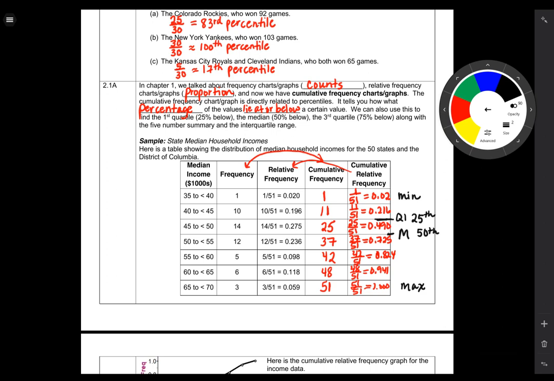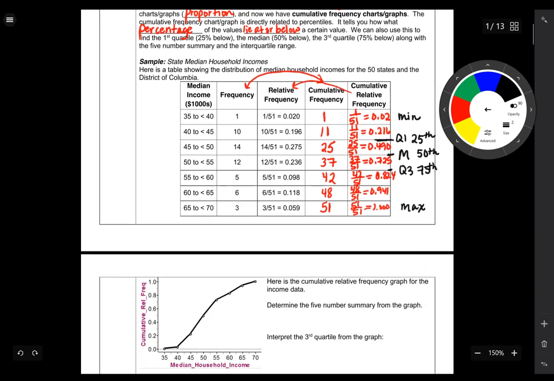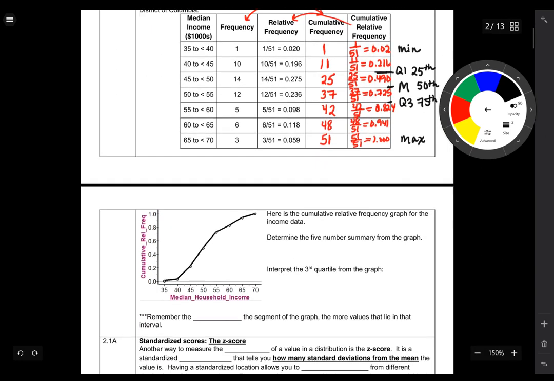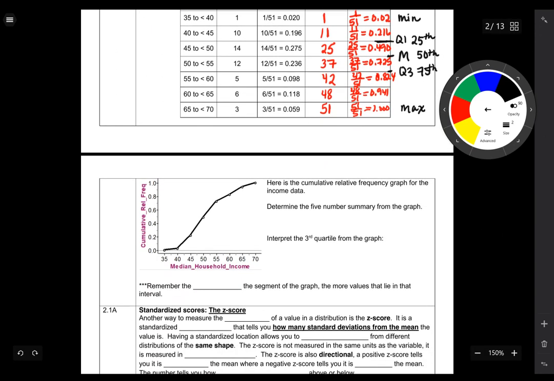Quartile. And then the 75th quartile would be right in here. So that would be your Q3. And that's how you would read the cumulative frequency table. The next thing we're going to do is take that information and look at a cumulative relative frequency graph. I think I called that a cumulative frequency table when I meant to call it